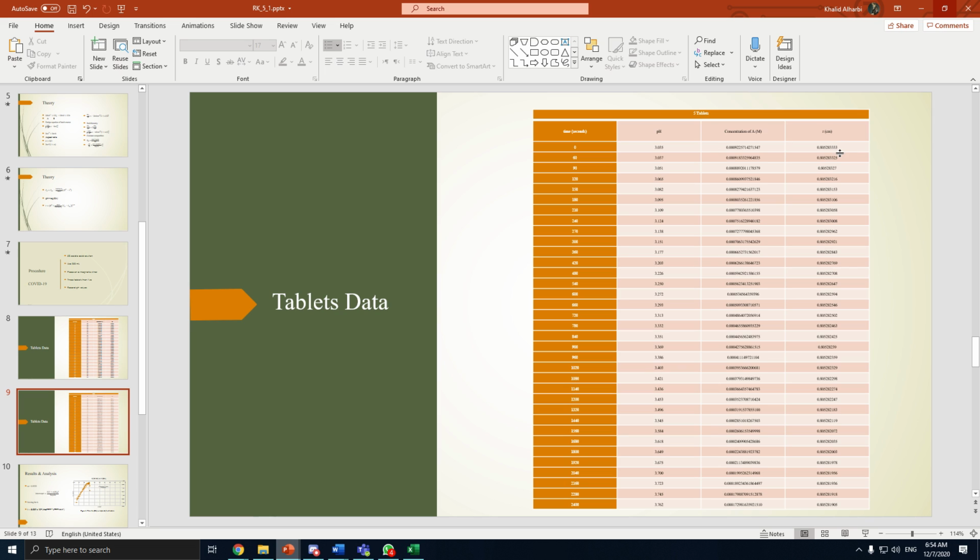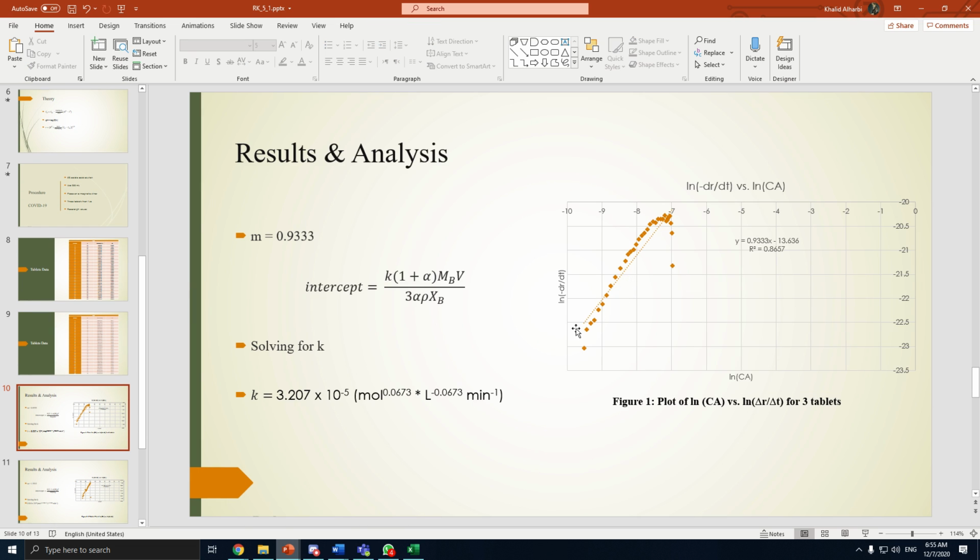However, to approximate the rate of change of radius with respect to time, delta R over delta T is used here. So for example, we will take this value minus this value and divide it by this value minus this value for time in seconds, and then tabulate the results in a table. This tabulates ln of minus dr over dt versus ln of Ca